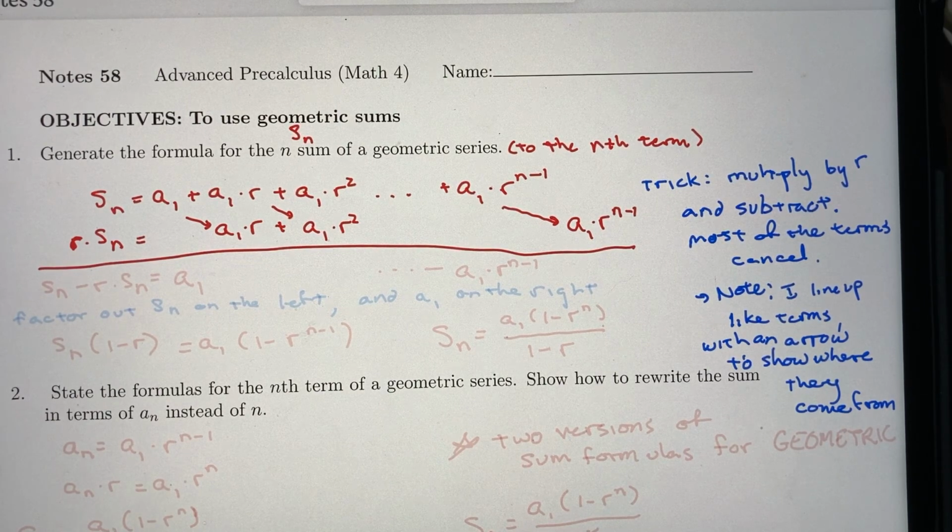If we subtract, we have Sn minus r times Sn is a1. Everything in the middle cancels. And then we just have minus a1 times r to the n minus 1. So I'm going to factor out Sn from the left side, and I'm going to factor out a1 on the right. So I have